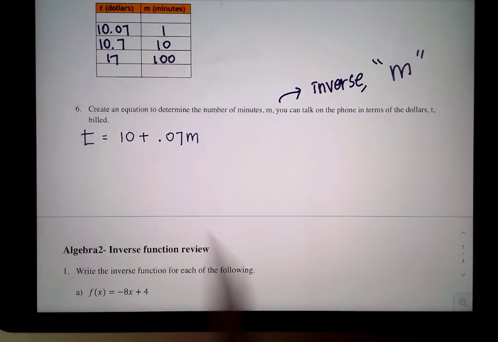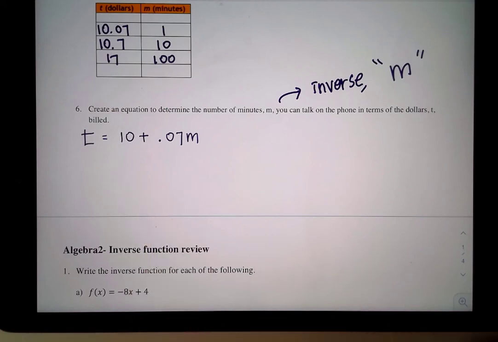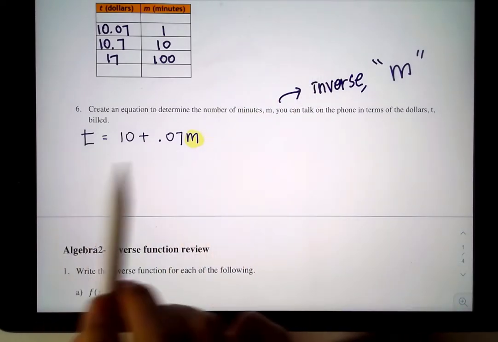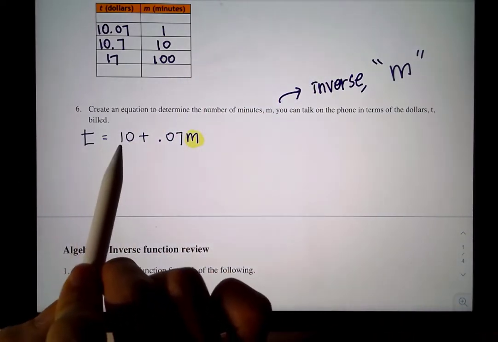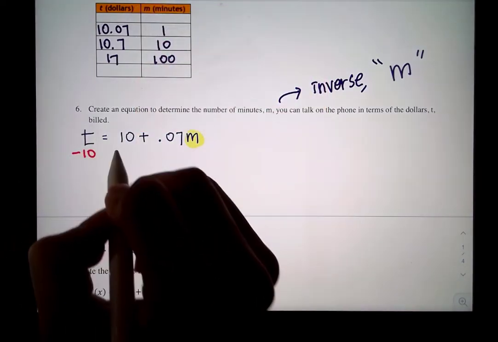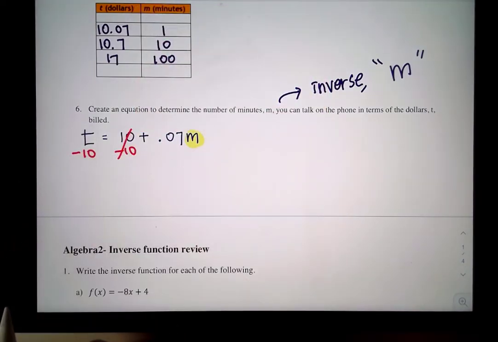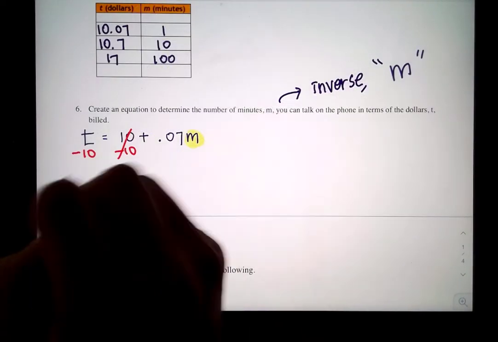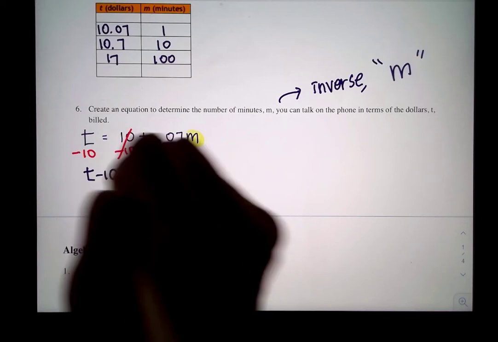So this is my function, and we want to solve it for m. I want to isolate this m. So let's do it. First we need to get rid of this 10. So minus 10, minus 10. You cancel and you get t minus 10 equals